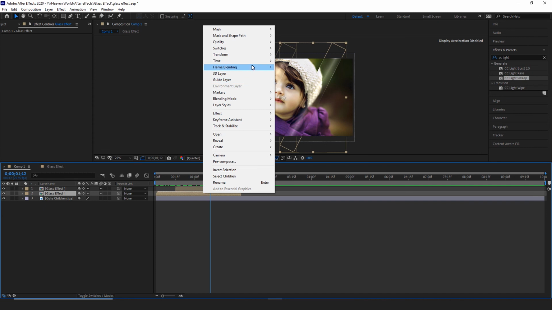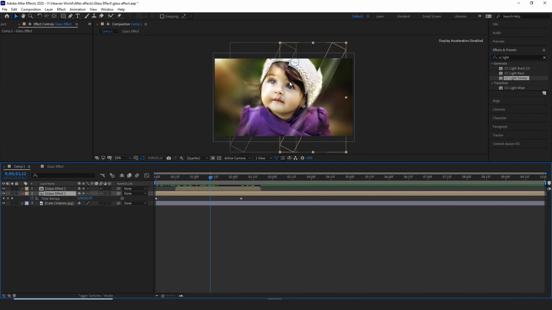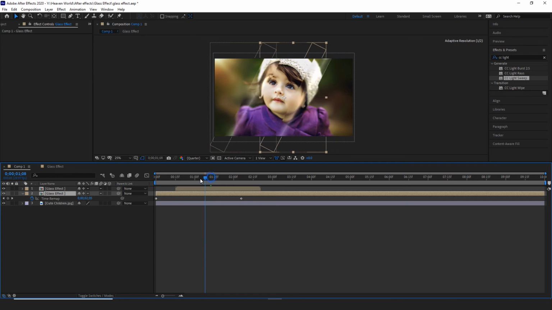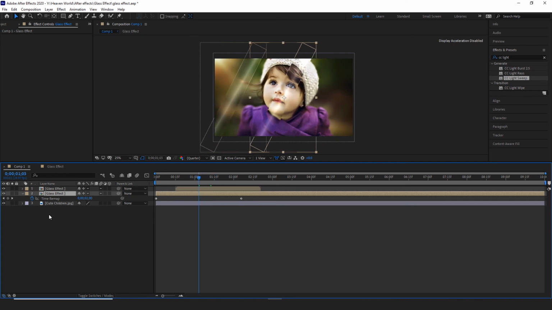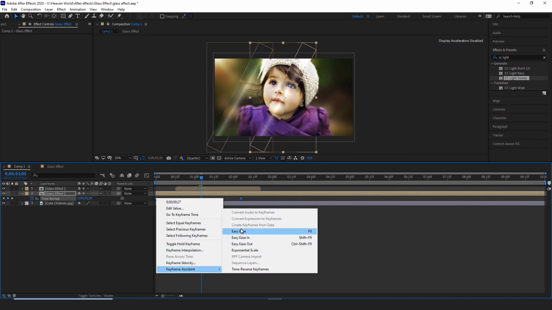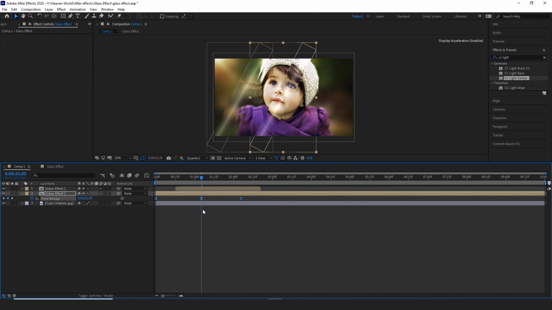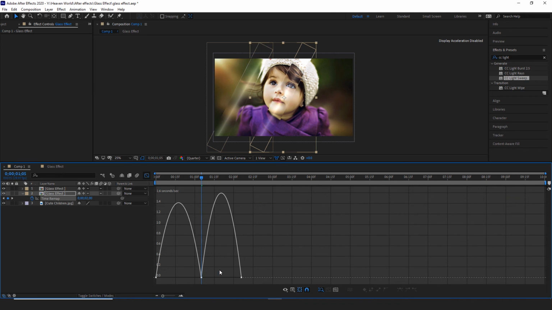Press the right mouse button and press time framing. Icons and see the look, how easy. So I am changing